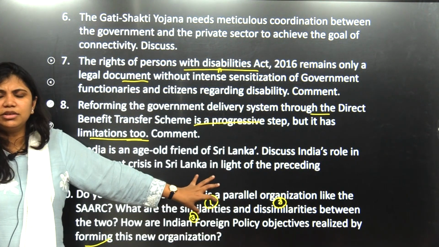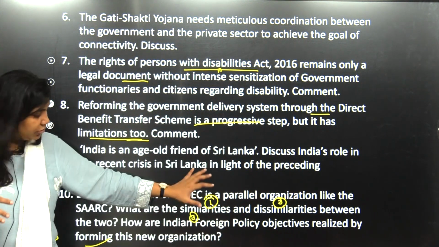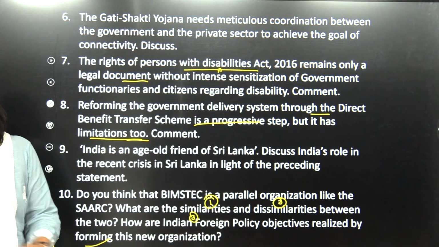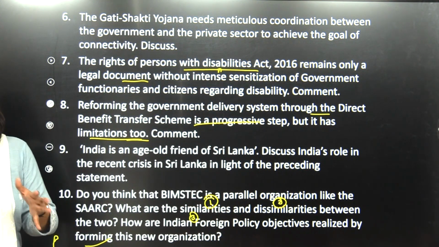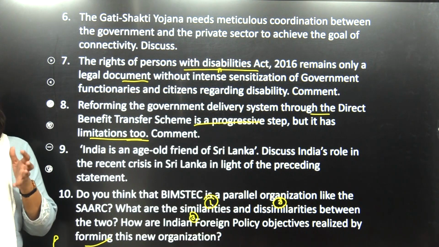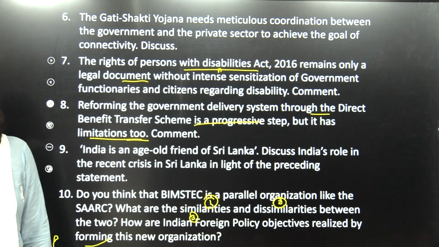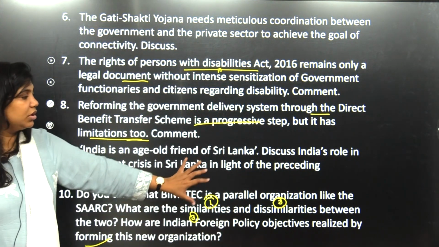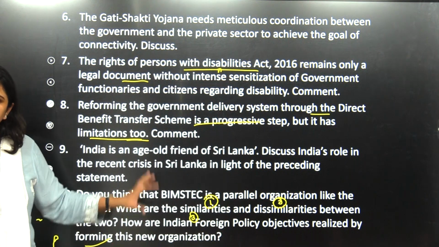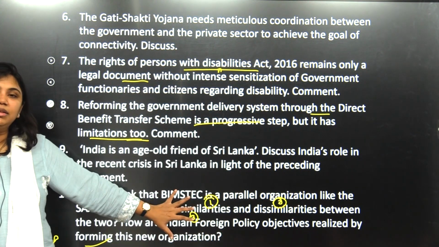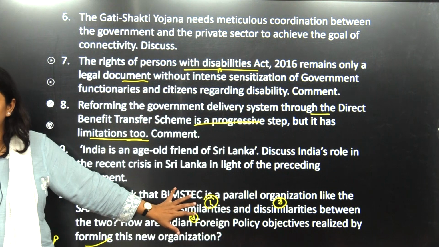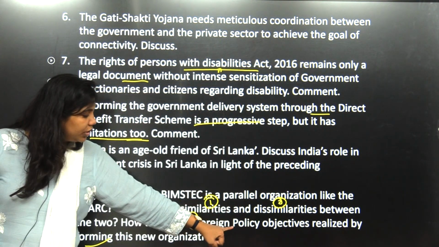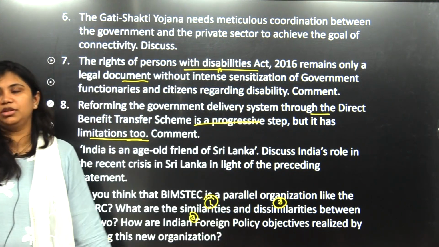So our brain will think similarities. What is the similarity between BIMSTEC and SAARC? So in that way you have to write. SAARC sessions have stopped for many years now, because there is always a contentious issue between Pakistan and India. So the sessions were never fruitful. Not even a virtual session was taking place in SAARC. Okay, anyways, that's not the question. So what I'm trying to tell you here is it is a static question. And this is also a static one, if you know the basics about BIMSTEC and SAARC, but you have to analyze that in recent times and connect that to the Indian foreign policy objectives.